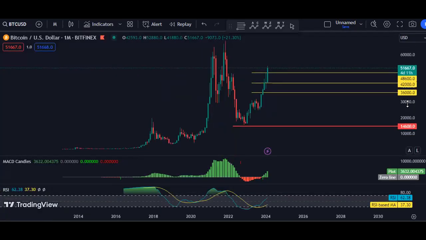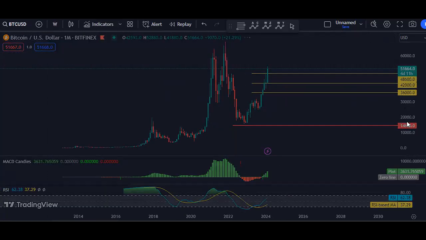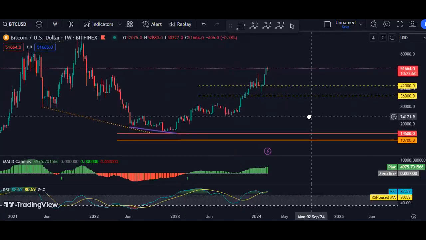If we move to the monthly chart, we don't see any information. As I mentioned, we're looking to see the breakout of 53, following maybe 54K. And as I explained in my last analysis, we are looking for the next correction before we see the breakout of 53 or 54. The best thing is if we get the correction before we get the breakout of 53 and 54. Because then, after the breakout of 54, we can expect the price to continue and even tag the all-time high.